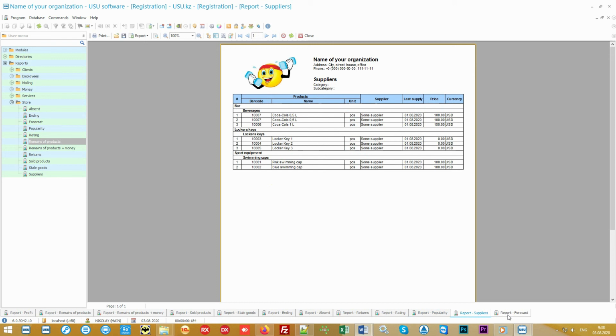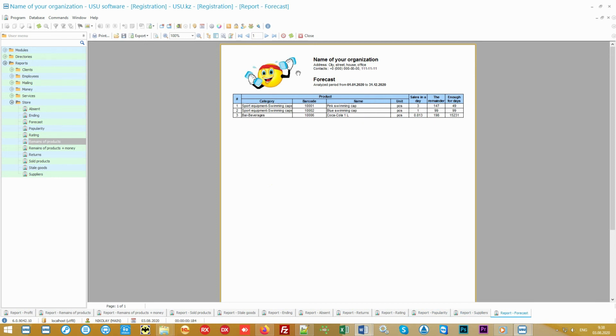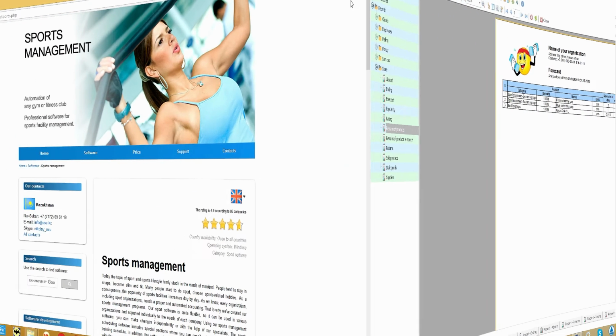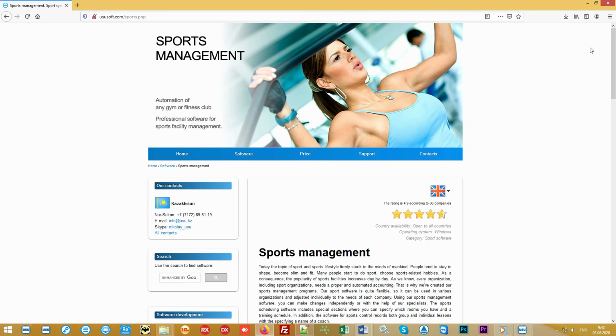And the apogee of working with the goods is a computer forecast. Our intelligent system, given the average speed of goods being sold, can even calculate for each product for how many days of stable, uninterrupted operation it will be enough. The video is far from short, but we have now shown only a small part of all the possibilities available in the system. This is a set of functions that will start working for you right from the first day of using our program.